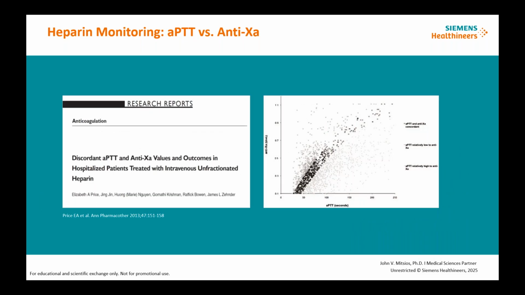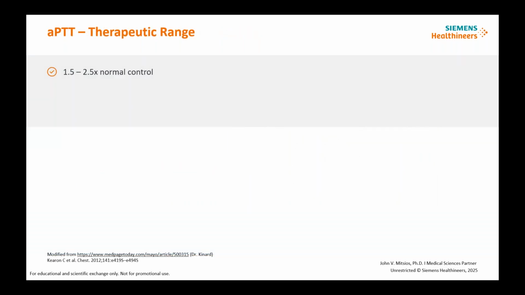But what's interesting, if you do a quick comparison between your anti-10A and APTT, you can see in this slide that not all patients are clinically concordant. Those patients in the darker color are concordant, and those in the lighter color are not concordant samples. So you can see there's broad variability. Just imagine how that could potentially affect clinical decision making if you're the clinician treating these patients with heparin therapy. So when we think about that 1.5 to 2.5 times the upper limit of normal, which is still being used today,